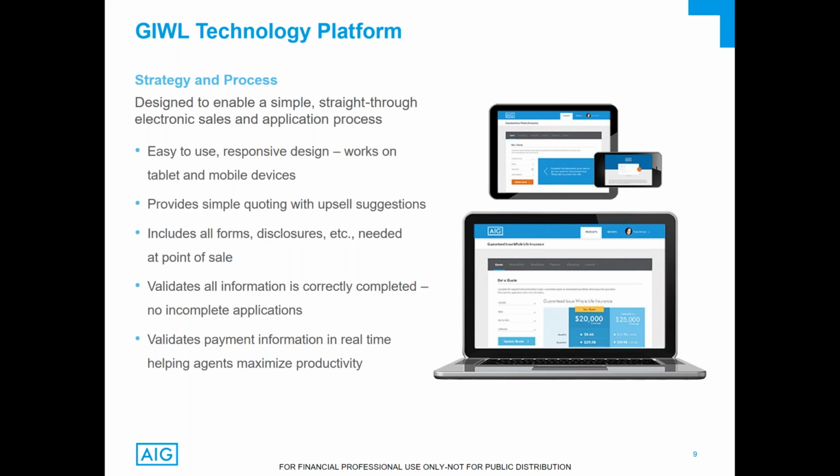That site is where you're going to be able to run the quote for the product, download a paper application kit if you choose to do paper applications, or use the e-application process, which we'll talk about. And the site is friendly to mobile devices. So if you've got internet connection, whether it's a smartphone, an iPad, or some other tablet, or a laptop computer, it's easy to use and very responsive design on those mobile devices. The quoting tool itself does give you an opportunity to take a look at some upsell opportunities. Again, all the forms are going to be housed on that